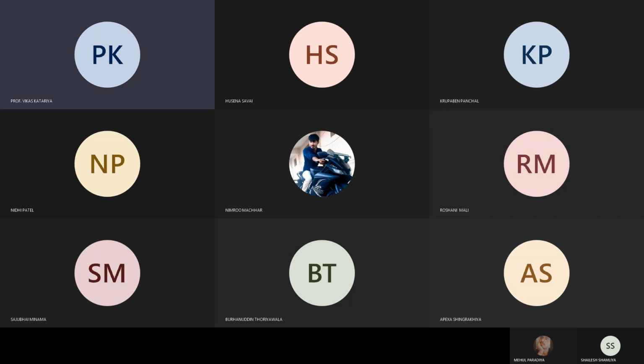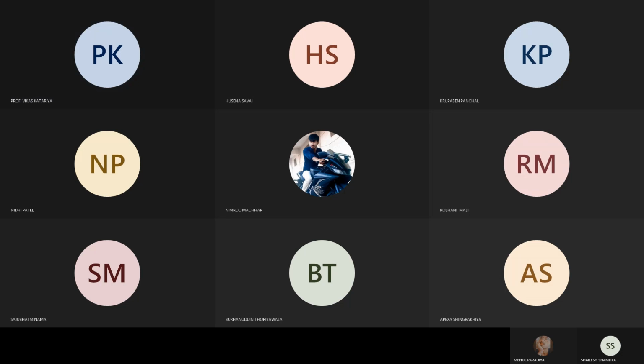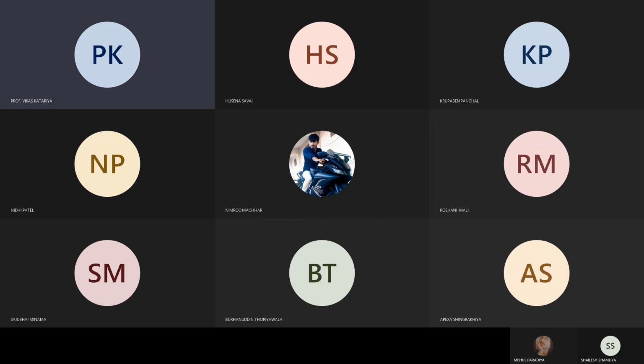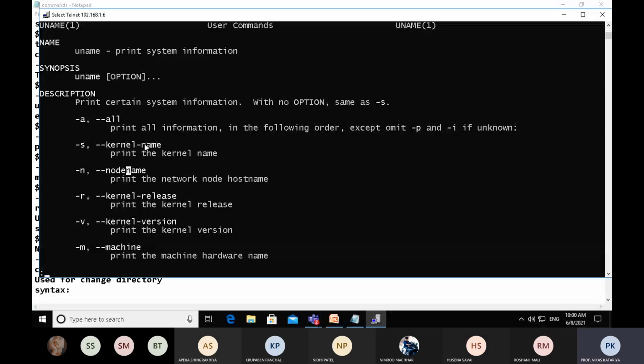So we have a command which displays information about the machine, about the user, about the kernel version. So let's display one by one. So this is the manual, a kind of help for the command. The dash a parameter prints all the information, dash s prints the kernel name, dash n prints the node name or host name, we can say.